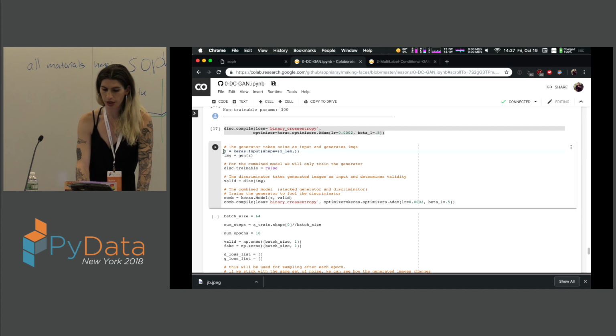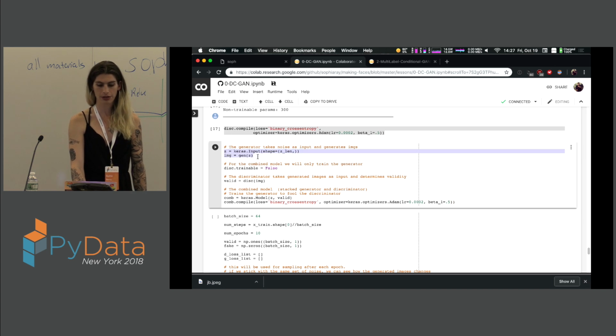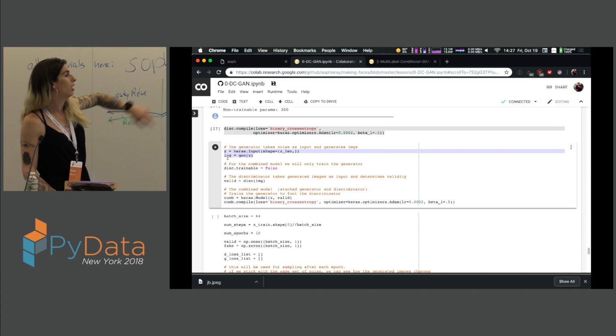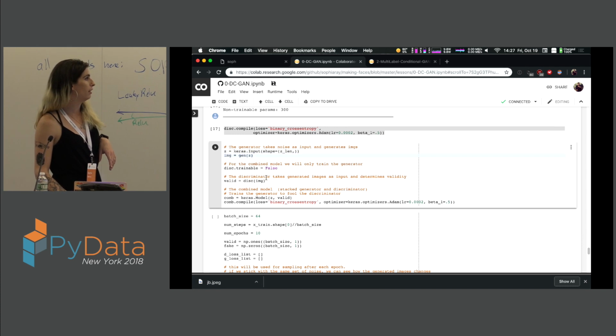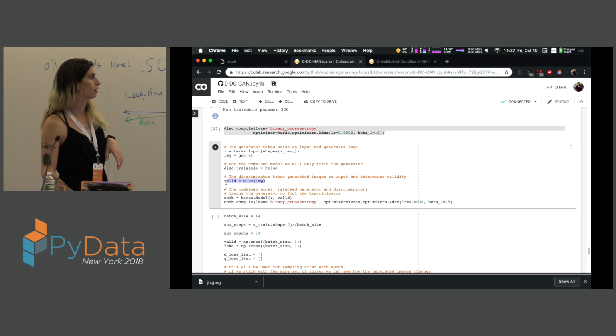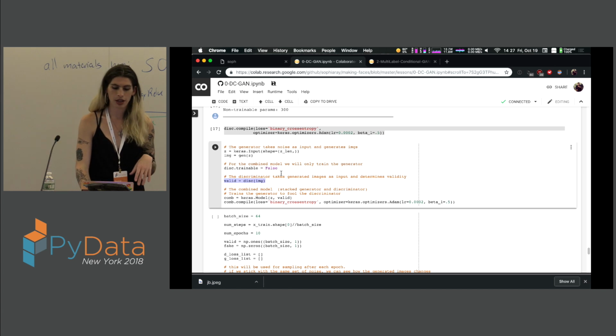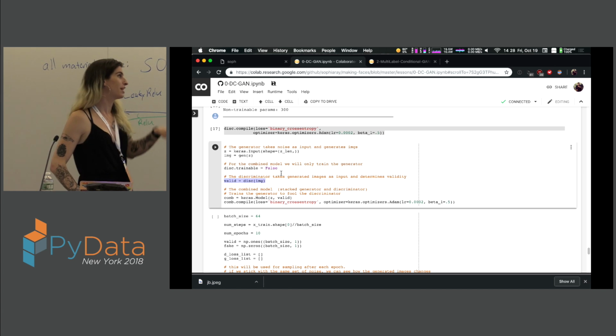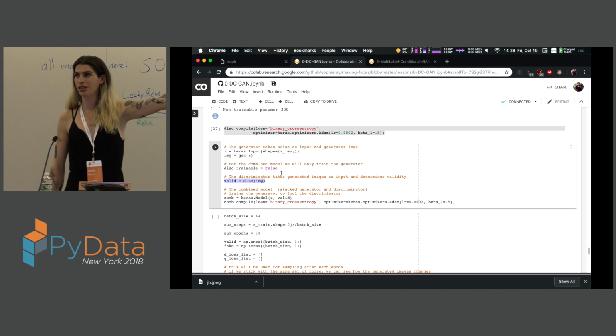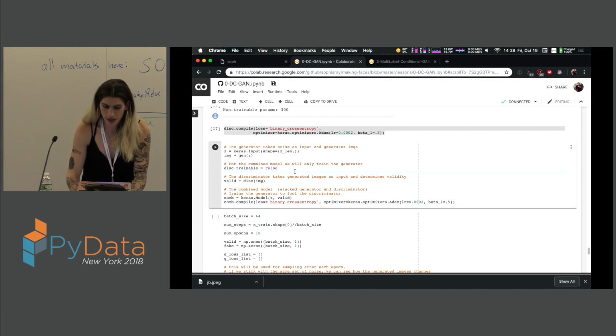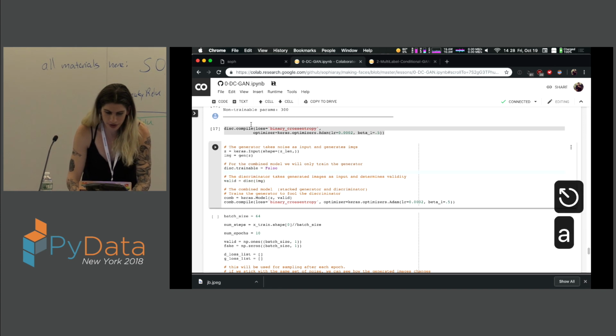So here you can see we're defining new layers, an input layer, an image layer, and then we're passing that through the discriminator model here. And so I sort of titled the talk Keras plus TensorFlow. The reason is because right here, we're actually manipulating TensorFlow tensors. And it might not be crystal clear, but